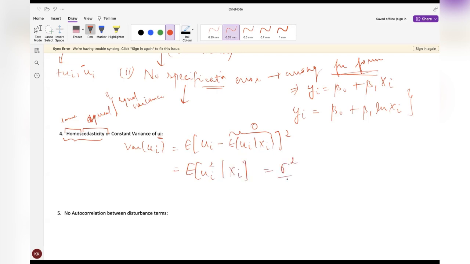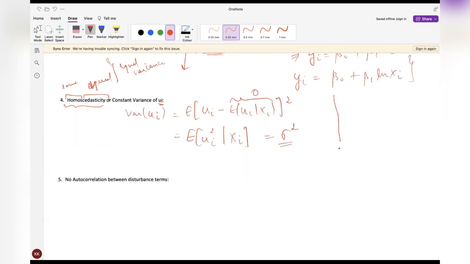So how do we show, actually, what does this imply? This implies that in our example, we have seen that as our weekly income was increasing, our average weekly consumption expenditure was also increasing. But this property says that with the increase in our weekly income, with the increase in our X values, our variance will remain constant. So if we had this as a function,